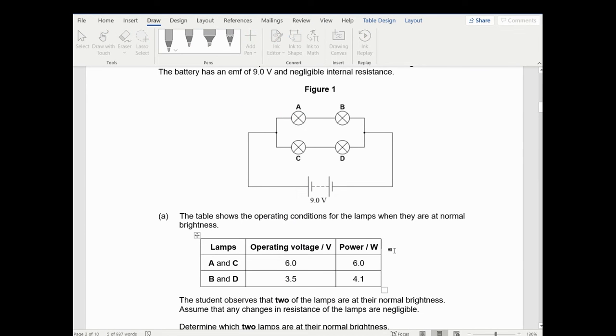And B and D have an operating voltage of 3.5 volts. The student observes 2 of the lamps are not at that normal brightness. Assume that any changes in resistance are negligible. So what they're saying here in this section,